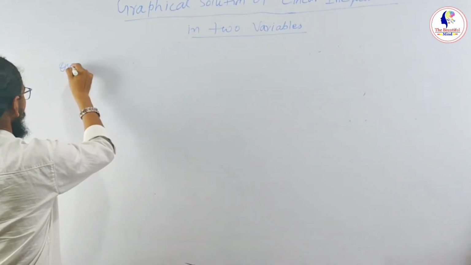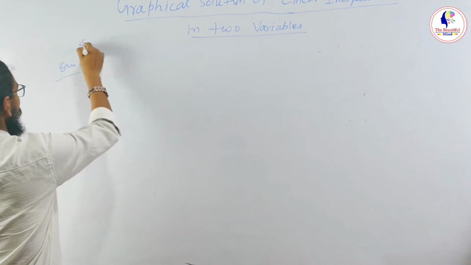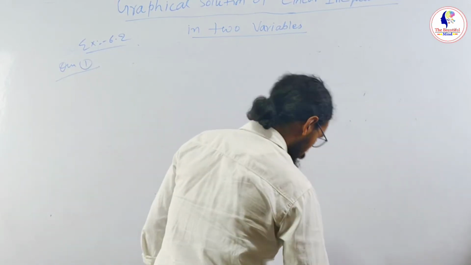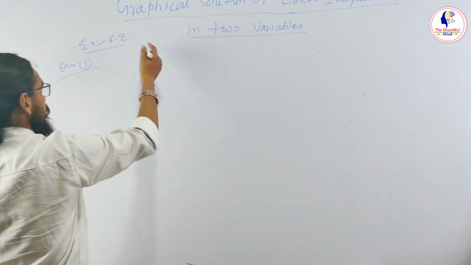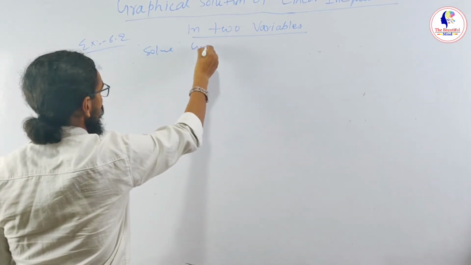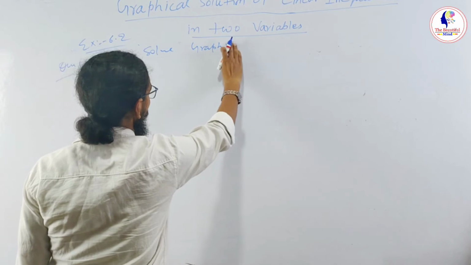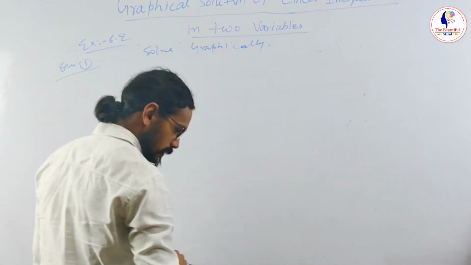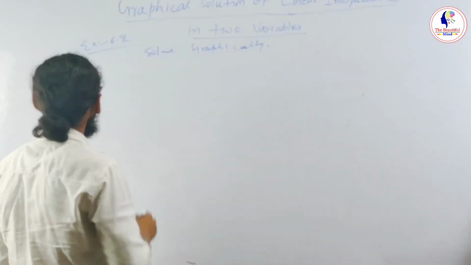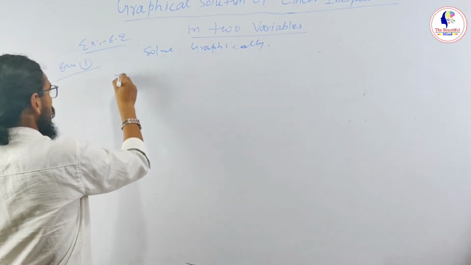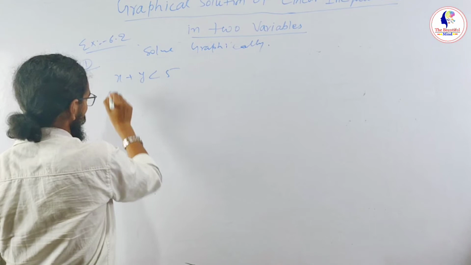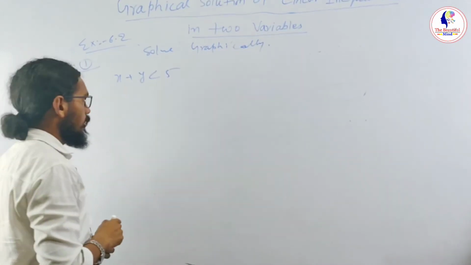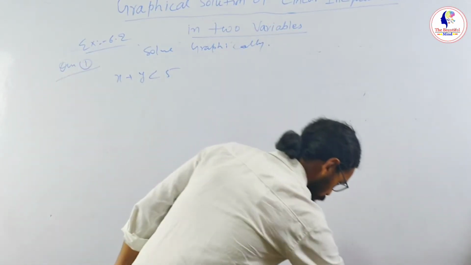So question number 1, this is from Exercise 6.2. इसमें है सॉल्व ग्राफिकली. जब भी कोई ग्राफिकली क्वेश्चन पूछा जाए, और क्वेश्चन is x plus y less than 5. अब ये क्वेश्चन है हमारा. आई थिंक इस क्वेश्चन को हमने सॉल्व किया हुआ है एज एग्जाम्पल्स। सो हम दूसरा क्वेश्चन देखेंगे।